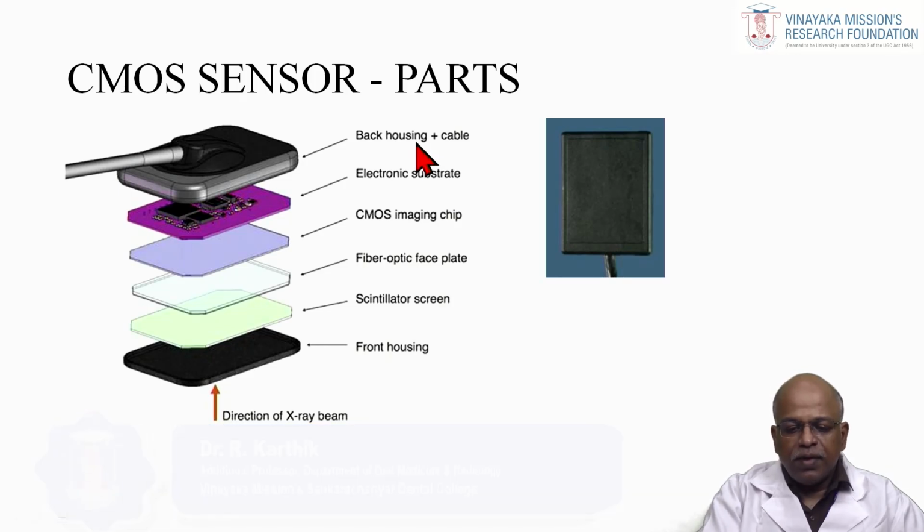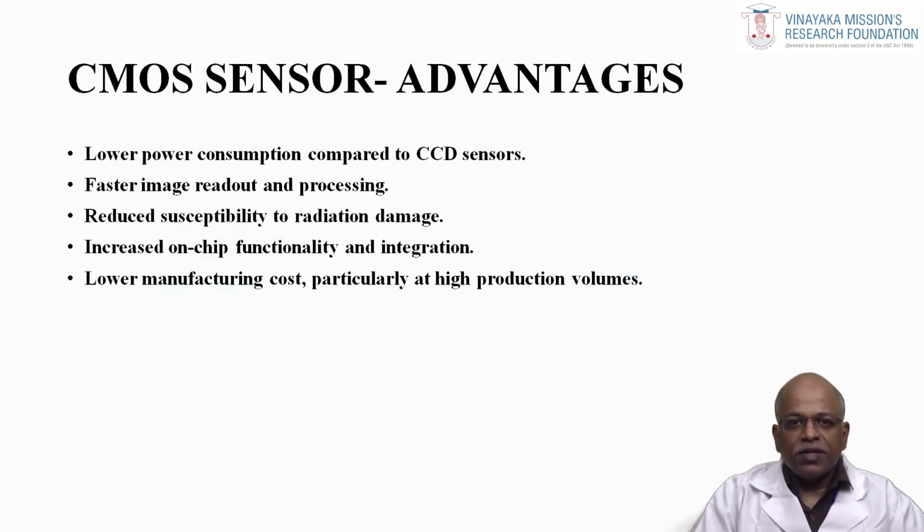It has a thick back housing cable and front housing cable, and there are electronic chips embedded in an electronic substrate, and there is a fiber optic plate and a scintillator screen. The main advantages of CMOS sensors include their low power consumption compared to CCD sensors, their fast image readout and processing, their reduced susceptibility to radiation damage, increased on-chip functionality and integration, and low manufacturing cost, particularly at